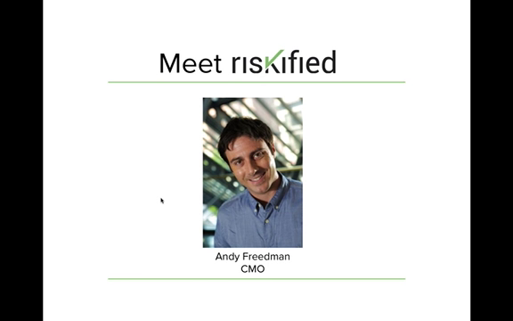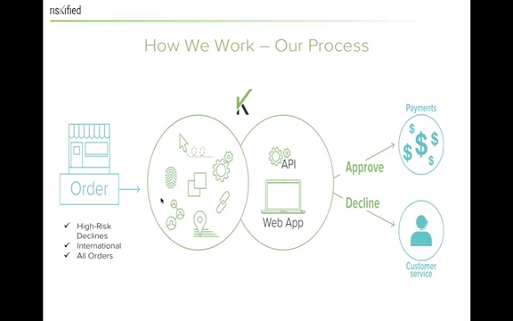So before going too deep into our approach, I want to tell you a little bit about who Riskified is. We've been around as a company almost 3 years, and in that time we have grown to over 2,000 merchants worldwide. But our model is pretty different and pretty simple. We take on the end-to-end, full risk management process for online retailers, in the sense that you tell us what orders you want us to review, and we get back to you with a yes or a no decision. And every decision we make is 100% guaranteed in the event of fraud. Myself, I am Andy Friedman. I'm the company's CMO. I've been with the company about a year